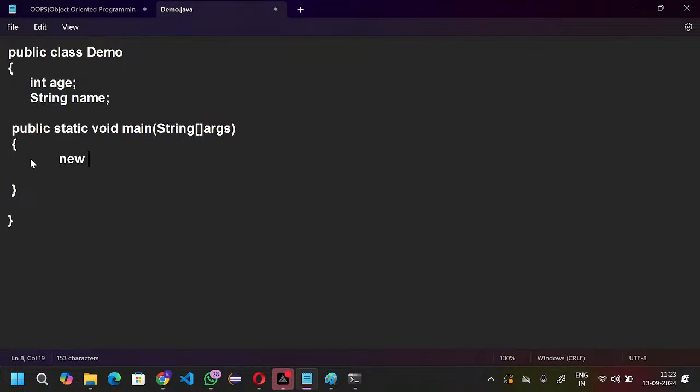We can create the object new Demo, and store this object in some reference variable name, say d. Now I am calling d dot age. If I want to print this d dot age, then directly I can take the sysout statement. Inside it I can mention System dot out dot